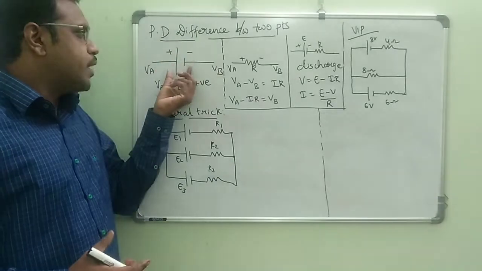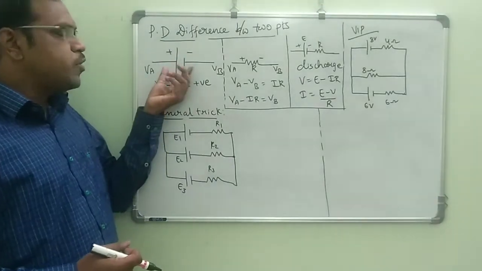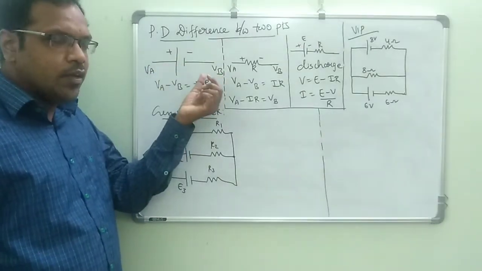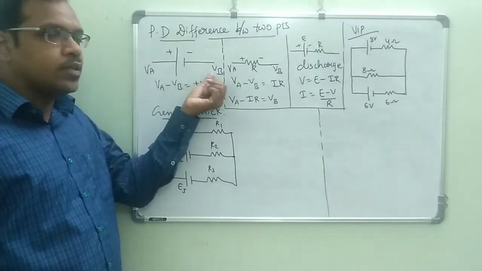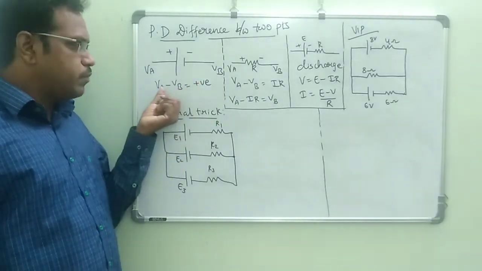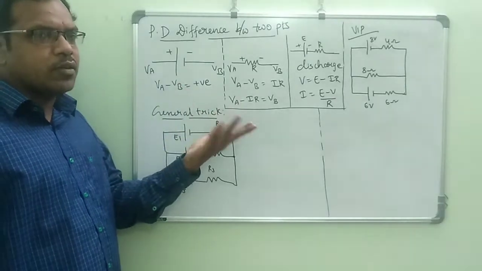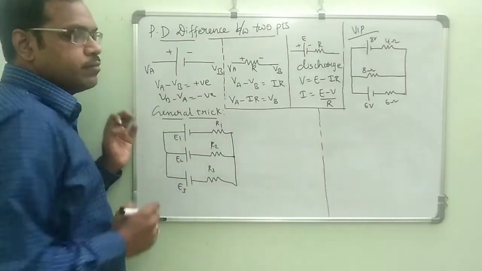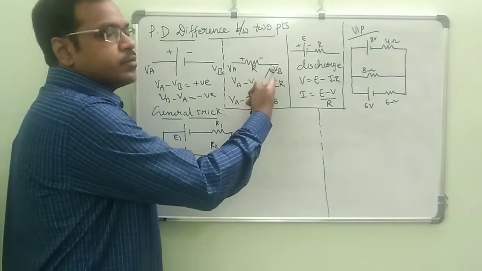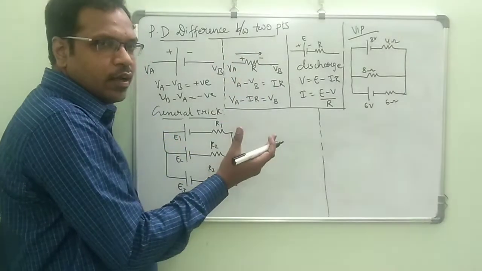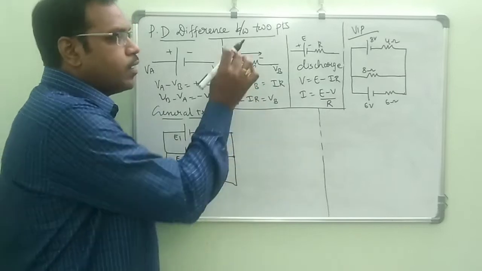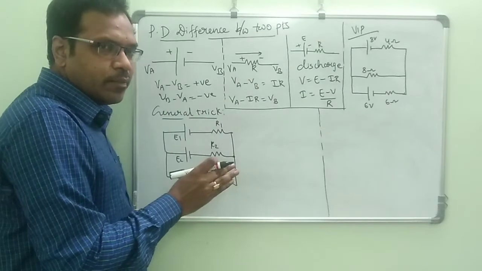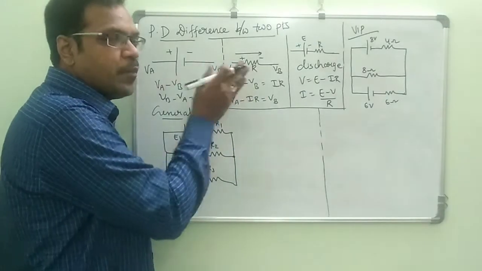For that we need this small information. Suppose you take any cell with a higher potential and a lower potential, VA and VB. VA minus VB, higher potential minus lower potential, will give you a positive value, because bigger minus smaller. If you go the opposite way, lower potential minus higher potential, you get a negative. Suppose current is flowing through a resistor. Always consider that in a resistor, current goes from higher potential to lower potential. We can consider the opposite also, but we need to take a minus. But we will remember only one direction.